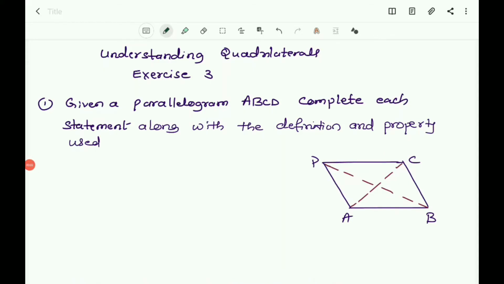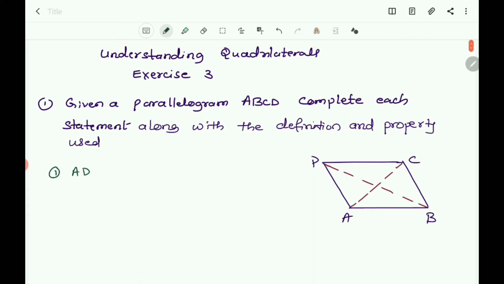Children, let us continue the chapter Understanding Quadrilaterals and the third exercise of the chapter. Now you take the first question. Given a parallelogram ABCD, complete each statement along with the definition or property used. Here first one is